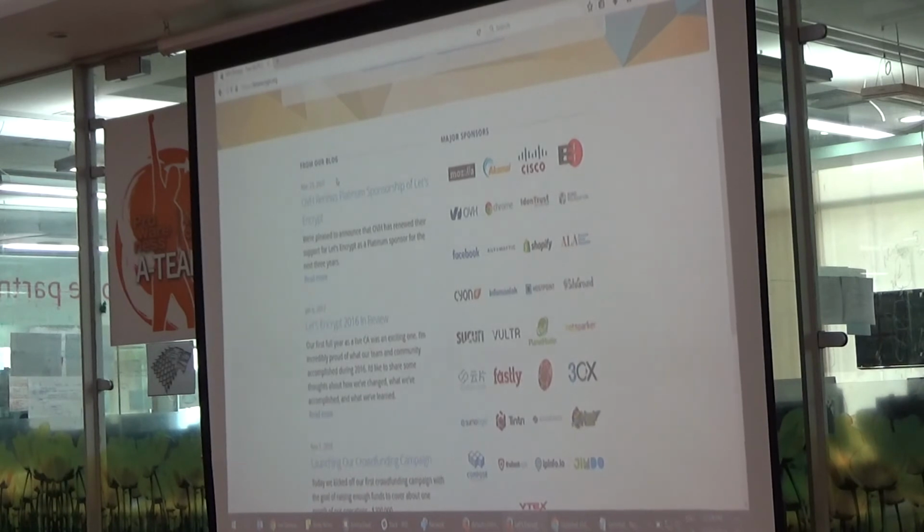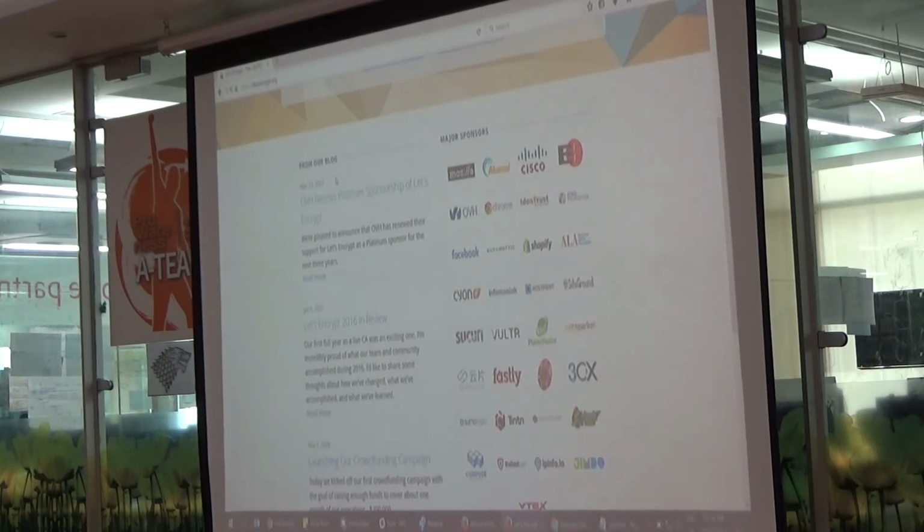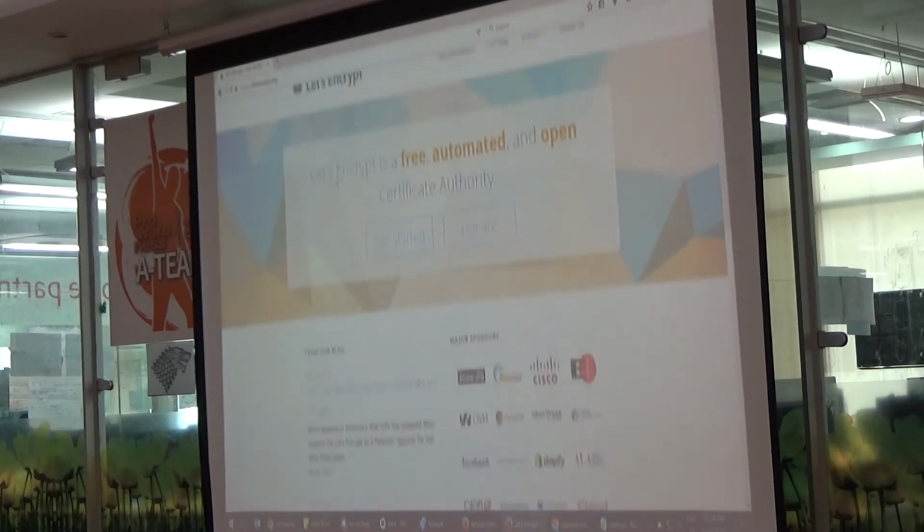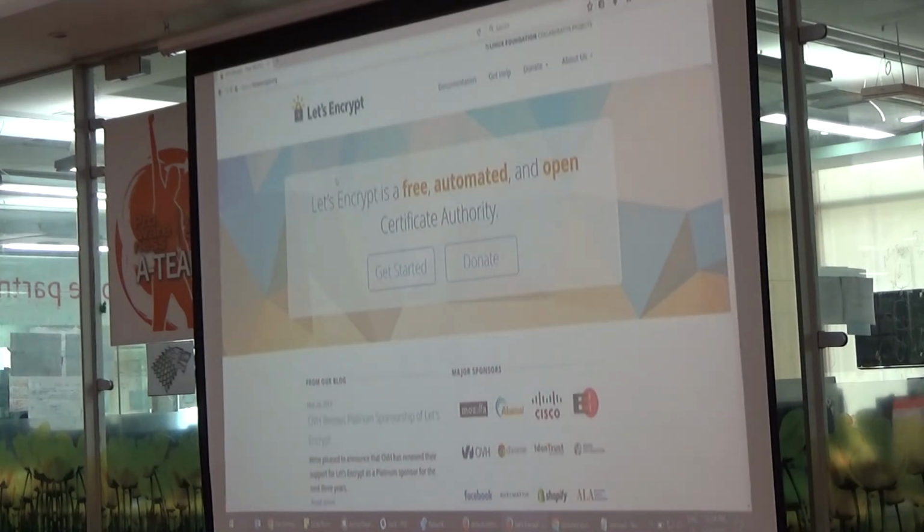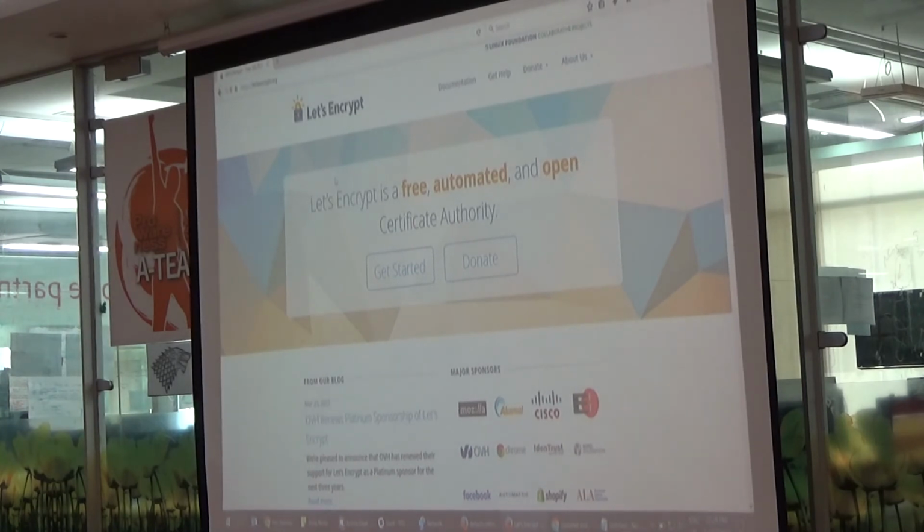So there is this non-profit organization they created called Let's Encrypt, where you can go and get free SSL certificates. They also have a lot of tools that you can use to keep these certificates updated automatically. So it's a one-time thing you do. Just add this tool to your website, and then you never have to worry about HTTPS certificates anymore. Every year it will automatically get a new certificate and install it for you. Everything is automatic, and everything is free.